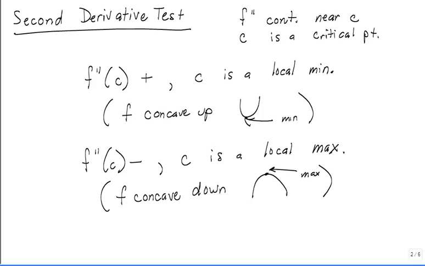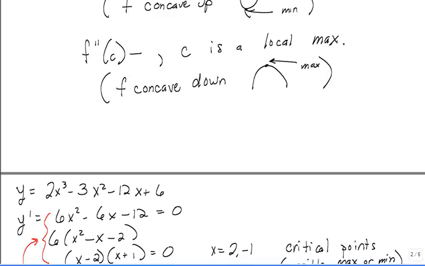So let's try it in this example that we just did. We're going to do y double prime of our critical points. So plugging -1 into our second derivative is going to be -12 minus 6, which is -18. So y double prime is negative, implies that